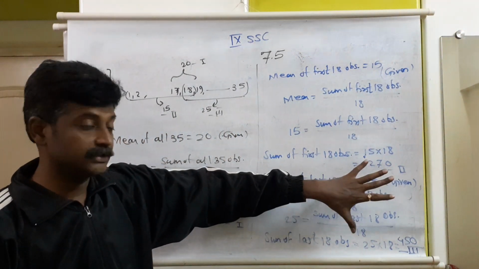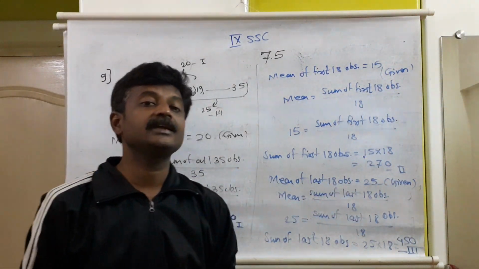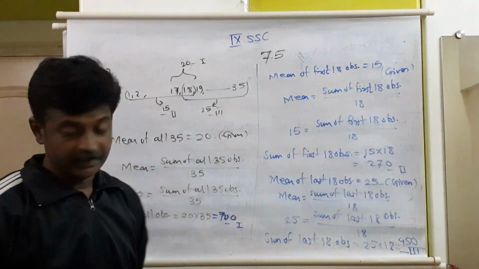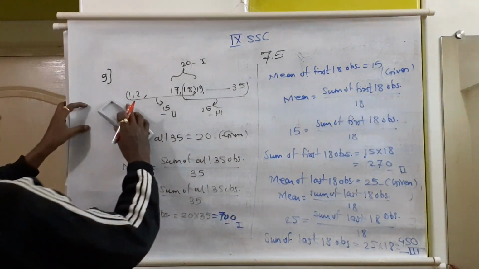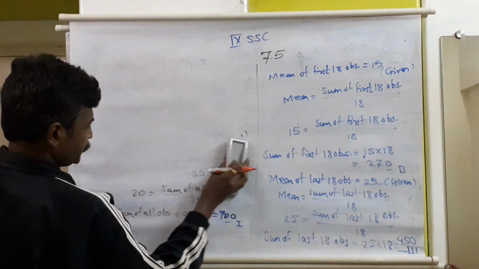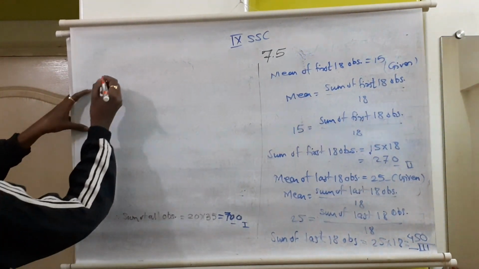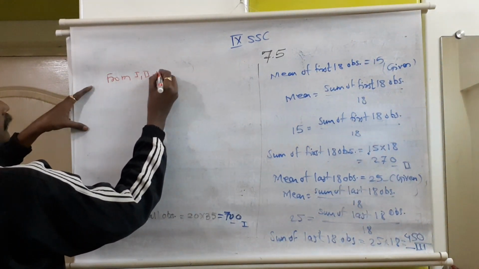So addition of these both, from that if we'll subtract this total, remaining is nothing but the 18th observation. See, the final answer will be here. To get the observation number 18, we can take help of equation number 1, 2 and 3. I hope you people will understand it. From first, second and third,